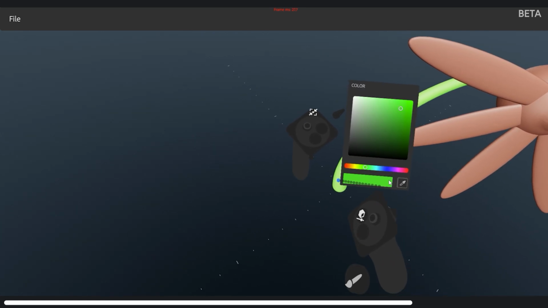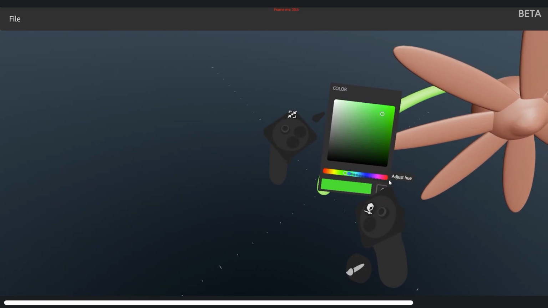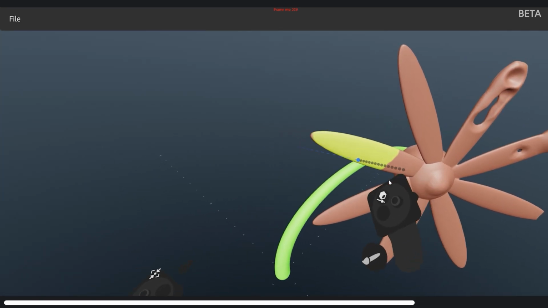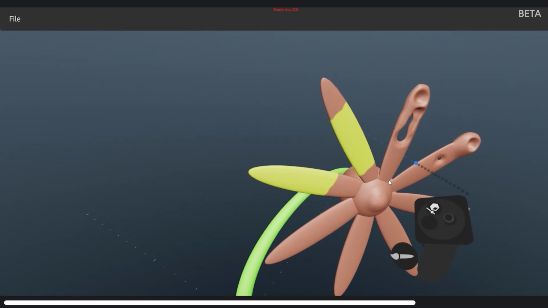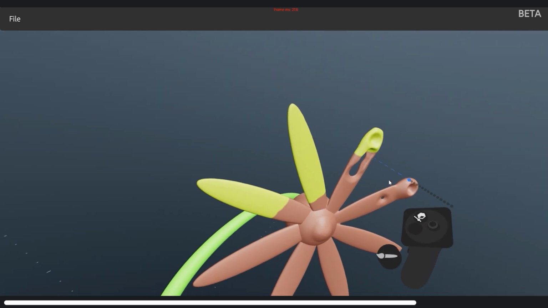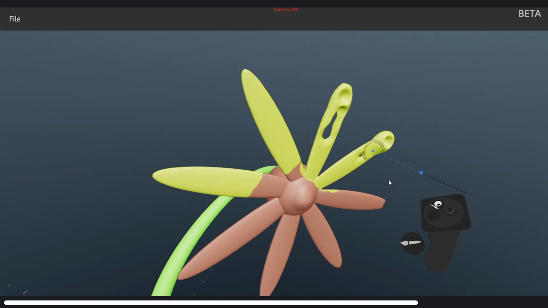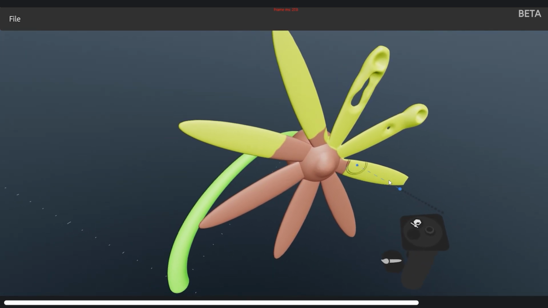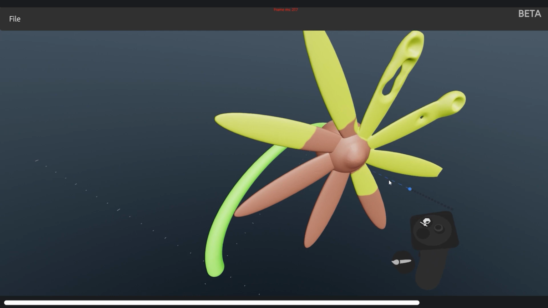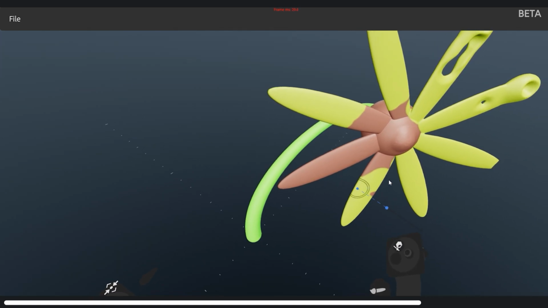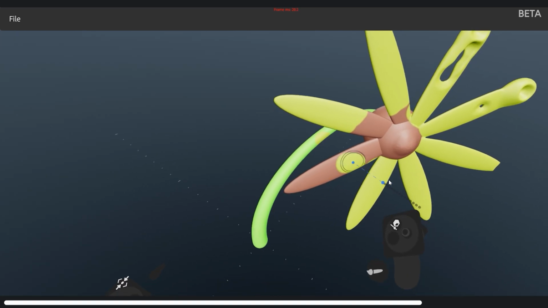But I can paint onto my model like so, and just sort of paint it. Now this isn't at all meant to be any form of replacement for Substance Painter or Designer. They are the better way of doing it. We'd want to take this model out, put it into one of those programs, add more decals, textures, displacement maps,